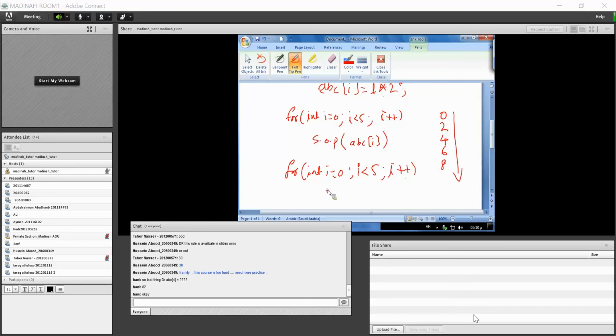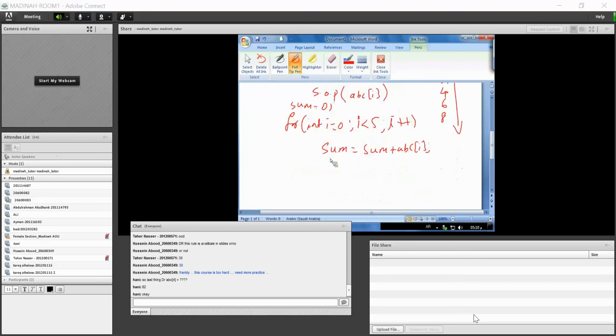We say sum is equal to sum plus ABC of I. Initially sum will be 0, sum is equal to 0. So what happens here? Let's take sum over here.